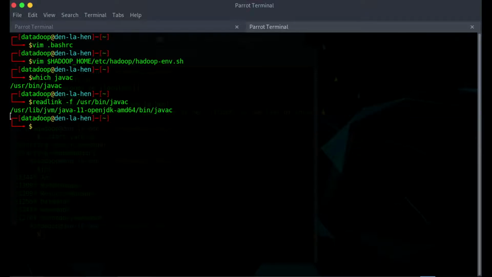What you have to do is copy this till this amd64. That's what is here already; you can have a look at this.